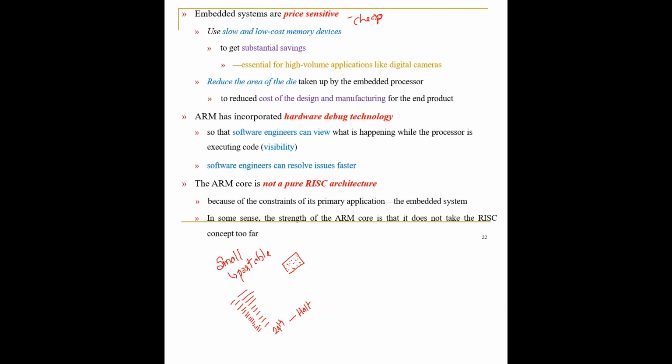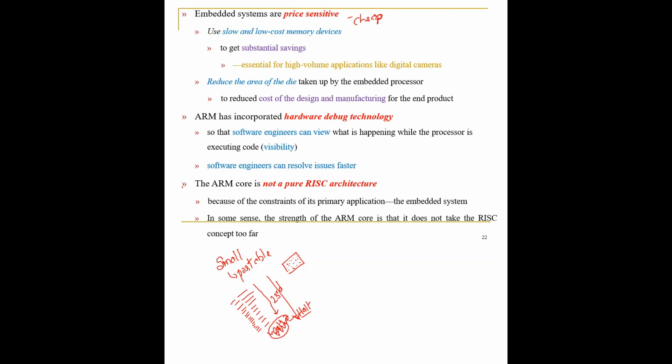Now, because of the hardware debug technology, he can run the code and see what is happening up till the 23rd line. Up till the 23rd line, he can check out what is happening. Now, when the 24th line is executing, he comes to know that the system is halting, right? Now he can directly go to the line which has that 24th code, rectify it, and make the system work again. So this is one additional technology which is used in the embedded system that uses an ARM processor.